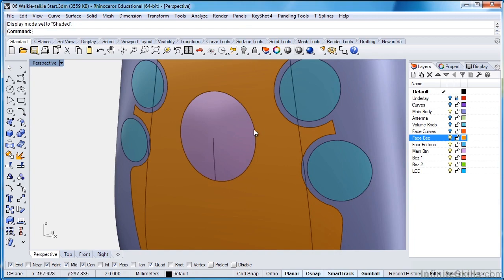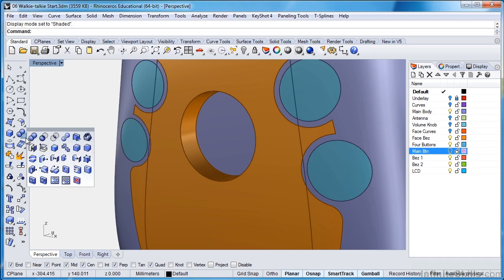And we're just going to put a fillet on the button itself and a fillet on the actual bezel. So I'm going to hide the main button for a moment. And then we use a very consistent fillet all around on the bezel. So I'm going to put a smaller fillet on the bezel and then a slightly larger one on the main button. So under my Boolean tools or my solid tools, I'm going to select variable radius fillet, which is really